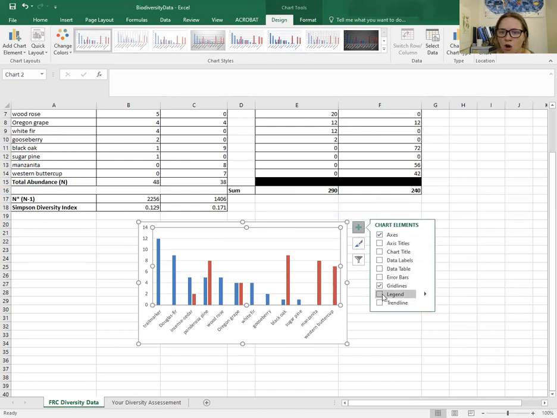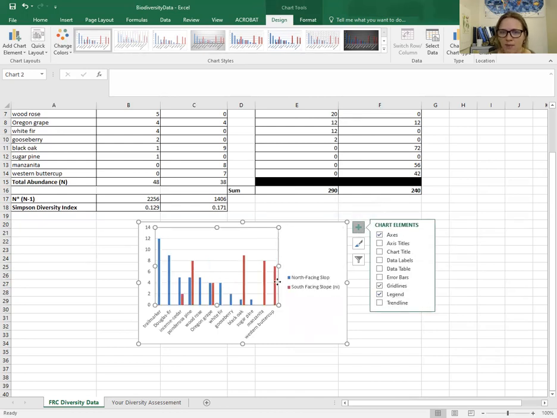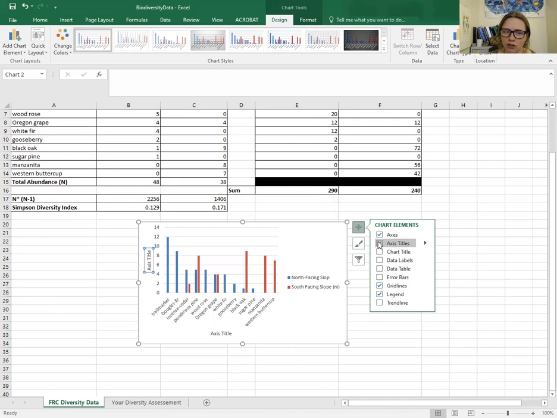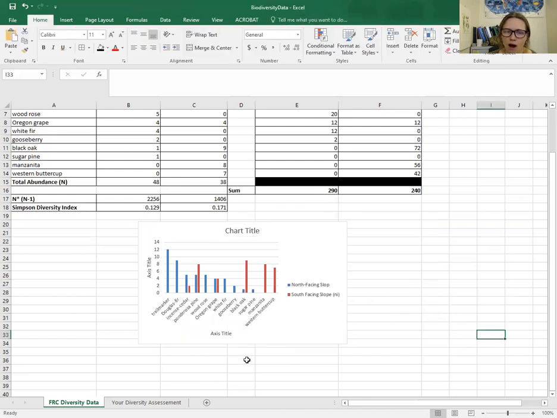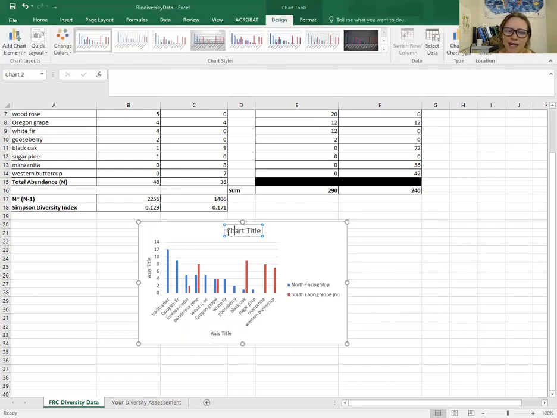So one, we want to add a legend because we want other people to know what the blue and the red columns mean. And also we might ourselves want to remember if we come back and look at this data later and don't remember which is which. We also want to include axes titles, and we also want to include a chart title. So we'll click on those things and then we'll go off, and then we'll come back in here